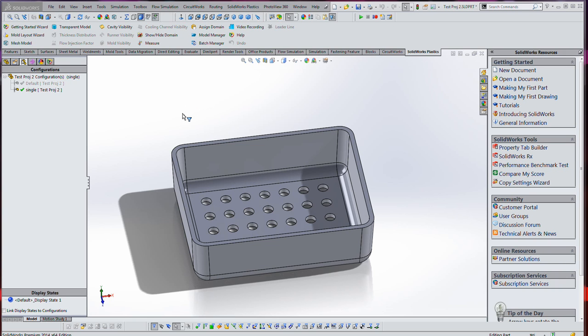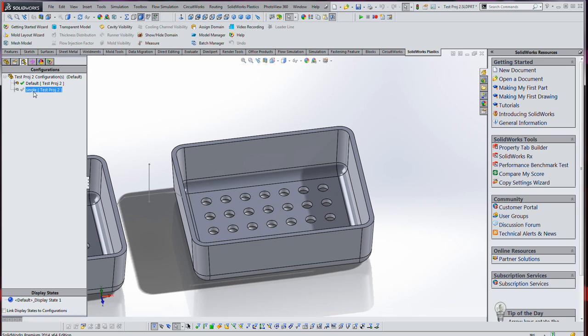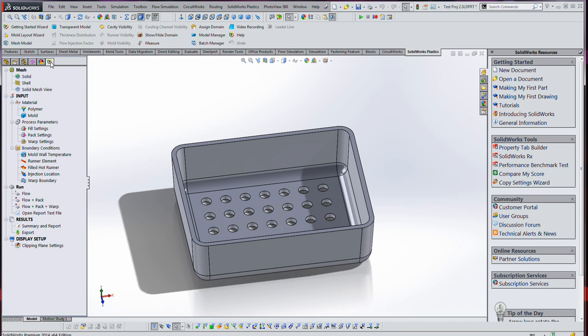Okay, I'm going to basically take this sucker here. This is an alternate configuration. This was the first configuration, but I'm not going to mess with that just right now. So,